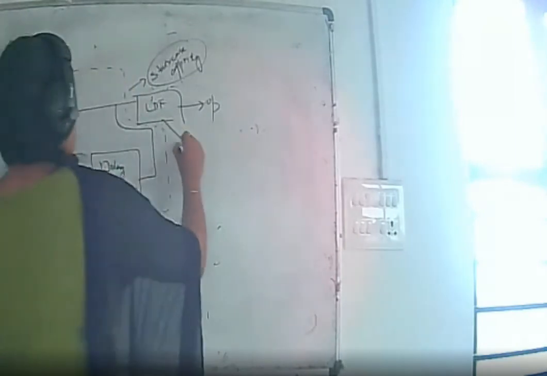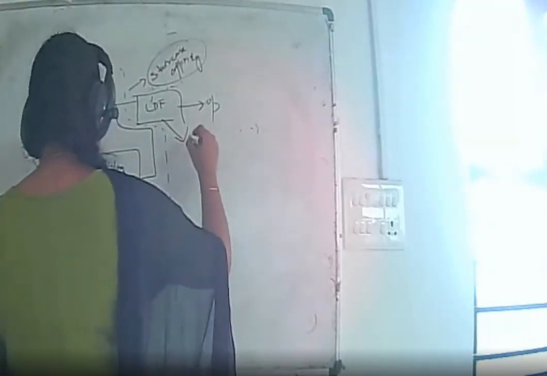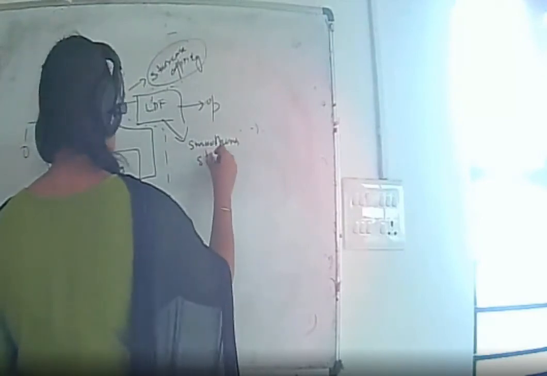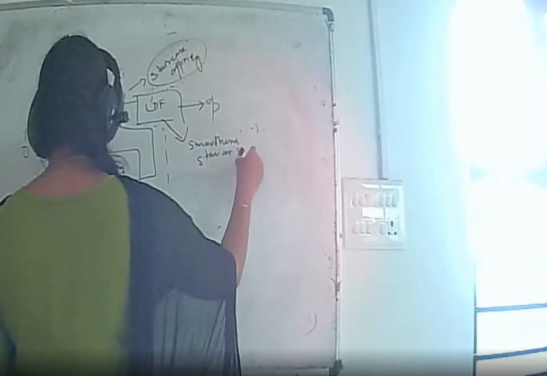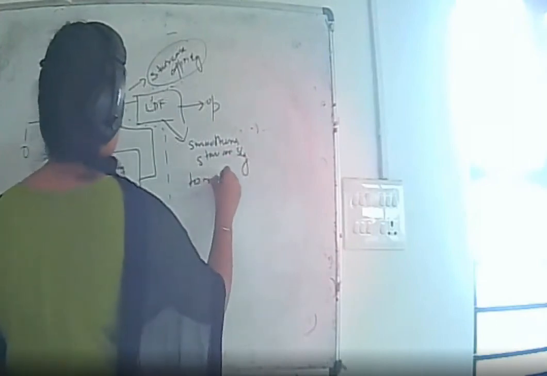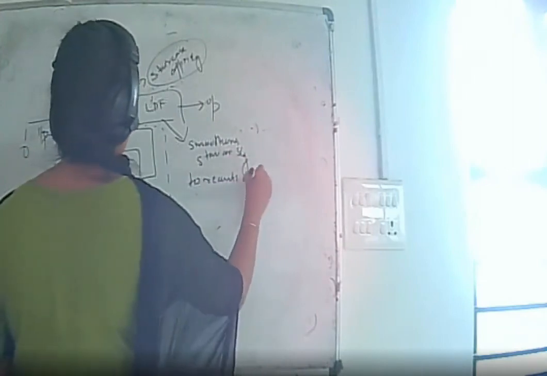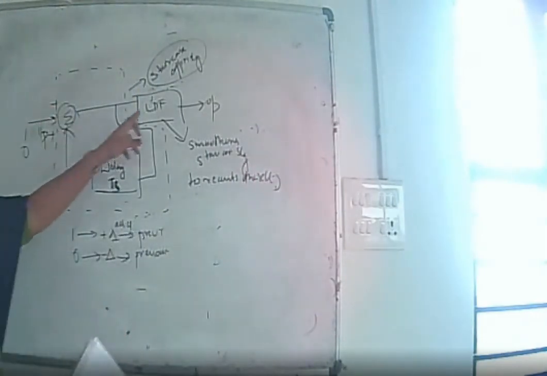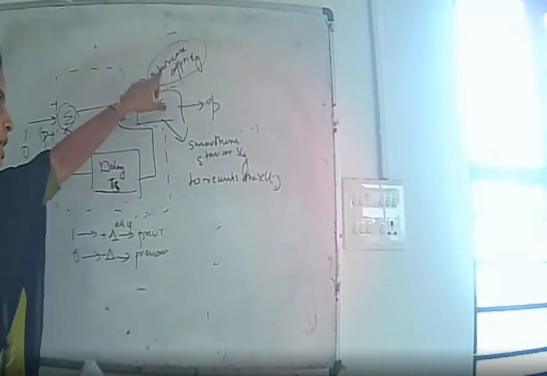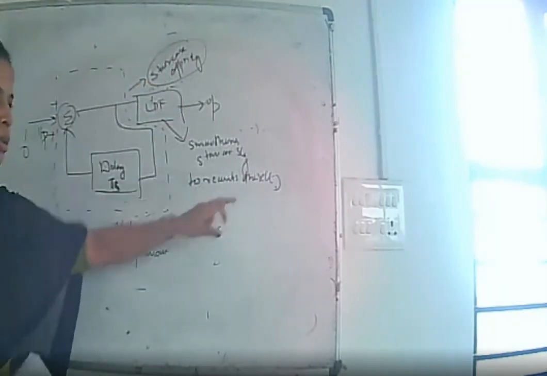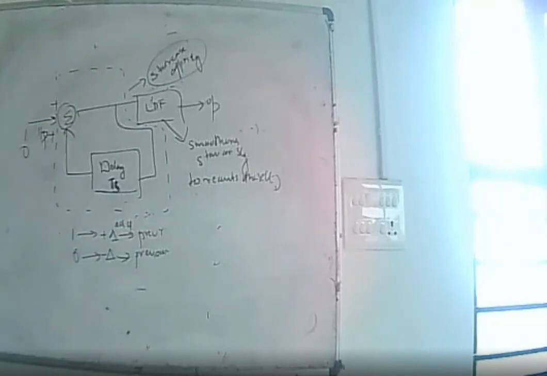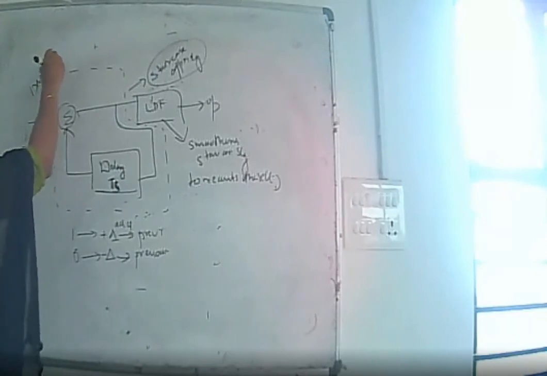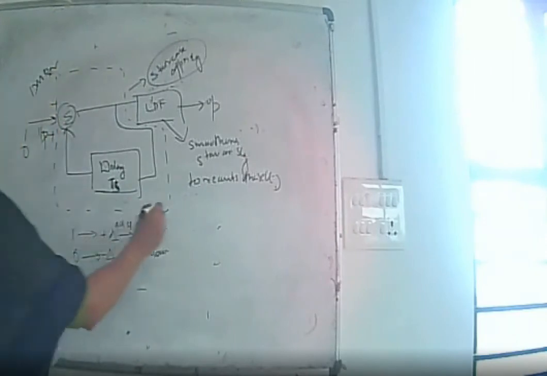Now, the use of this low pass filter is that it smoothens the staircase signal to reconstruct the original x of t. That is, it smoothens the staircase approximated signal to reconstruct the original x of t. So this is our DPCM delta modulator receiver. Here this is our accumulator part.